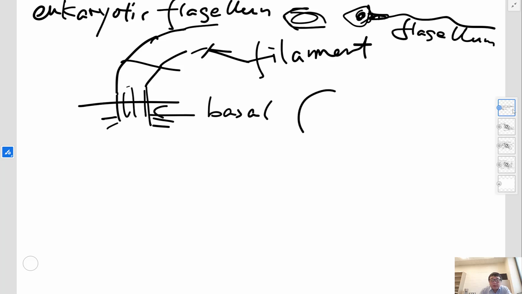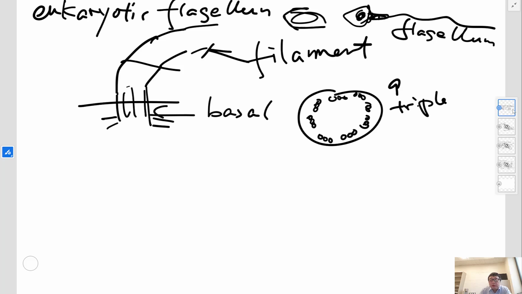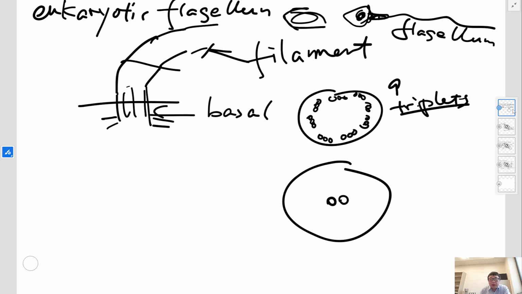The filament part is different from the basal body. If you look at the basal body here, three microtubules: 1, 2, 3, 4, 5, 6, 7, 8. It should be 9; I only drew 8. There are nine groups of triplets of microtubules. I think we introduced microtubules in an earlier topic about cells. You can go back to the checklist. Nine triplets, but in the filament part, in the center there are two microtubules here,